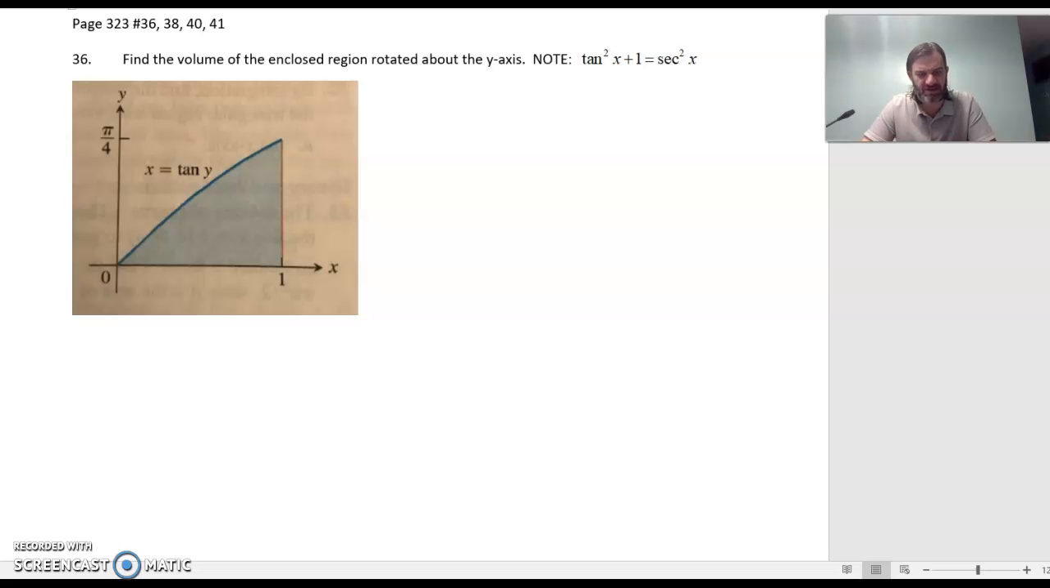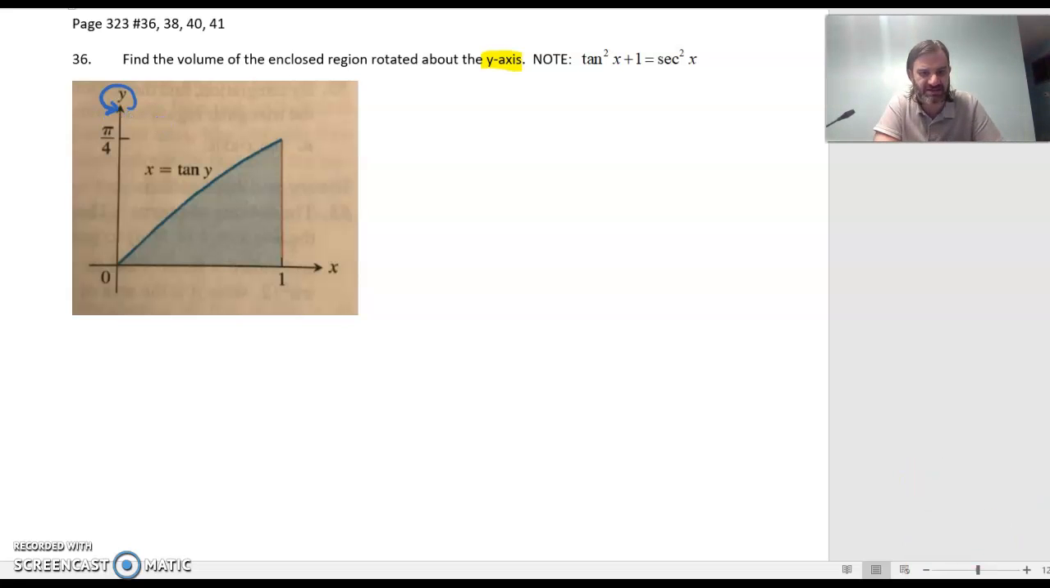Alright, we're going to do a practice problem using the washer method here. This one says find the volume of the figure as it's rotated about the y-axis, and I have a little trig note out beside that may be useful in a little bit. But we have the region under the curve tangent of y, and that runs in the first quadrant over to x equals 1, but we're going to rotate that around